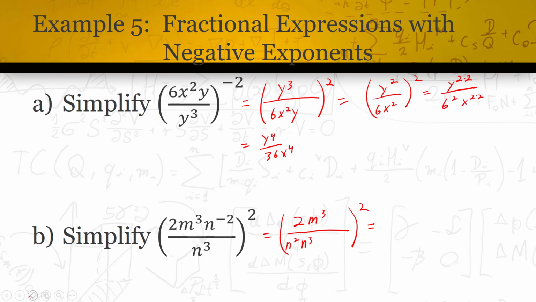Now, before I do what I was getting ready to do, I want to simplify the denominator here. Here I have n squared times n cubed. I can rewrite that as n to the 5th. So I'll have